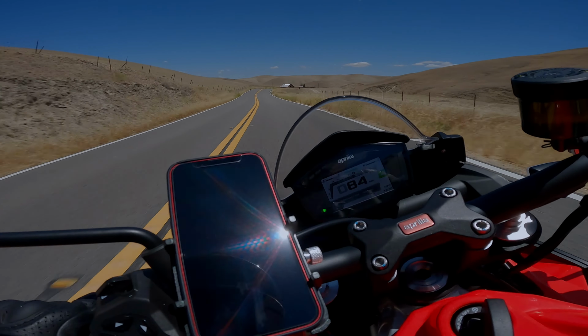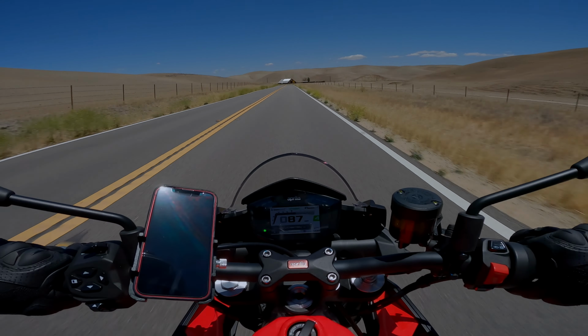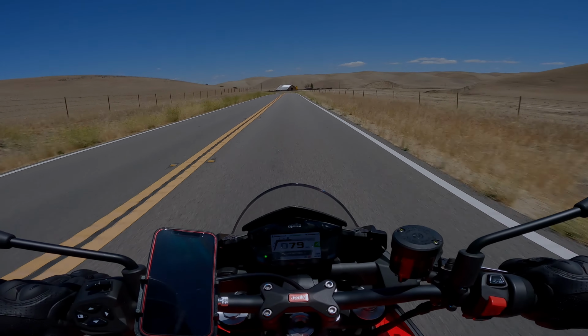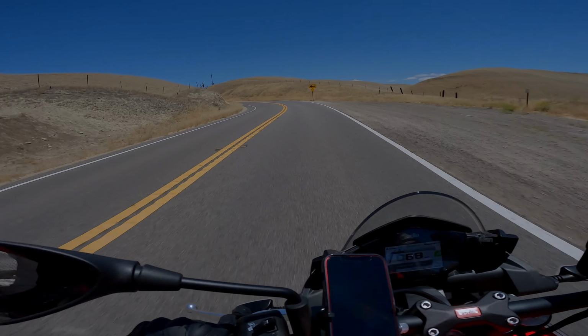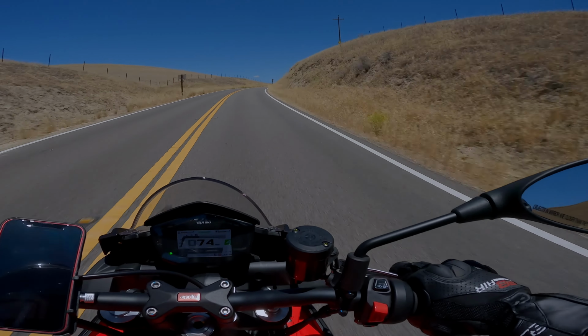So what do you guys think of the sound of this thing? I mean, this is a stock muffler. That intake sound is so nice. Yeah, see, and that's where I wouldn't mind the engine braking being a little less. I need to get in and mess with